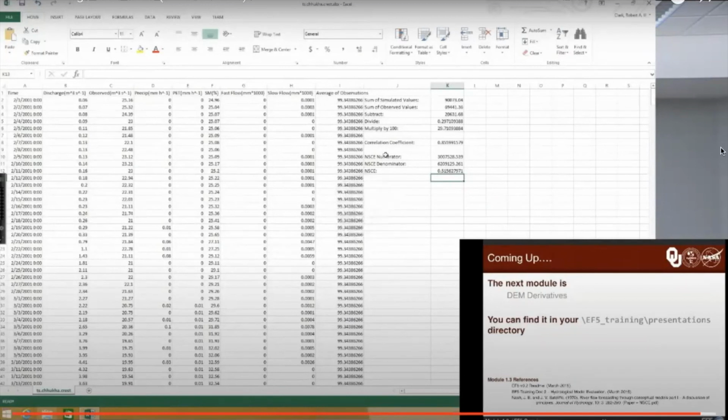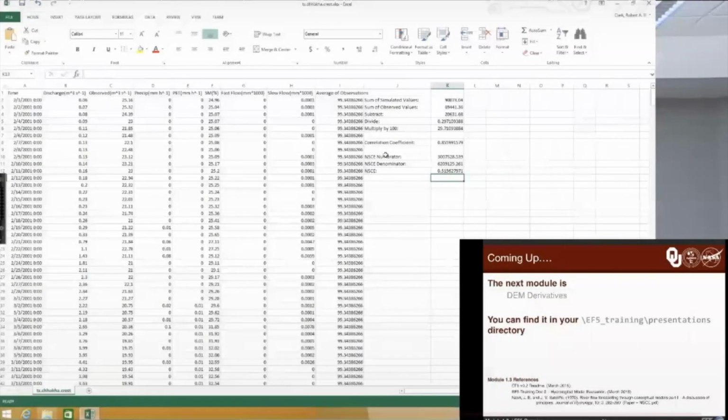actually get into QGIS, we'll get our hands dirty with actually messing around with DEMs and FDRs and flow accumulation grids and all sorts of other things that you'll be introduced to. You can find that next